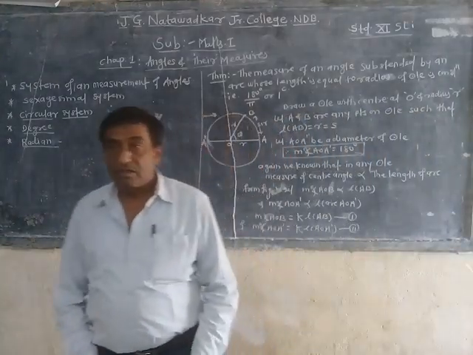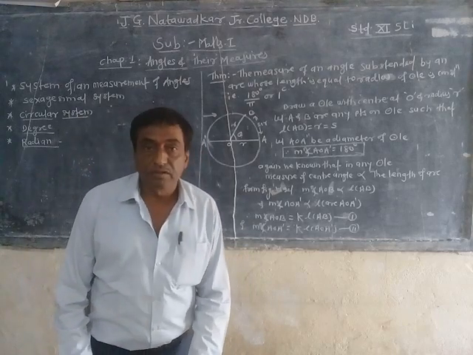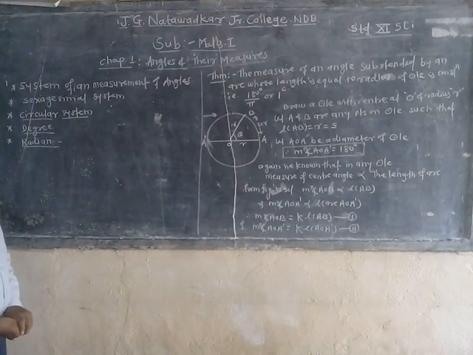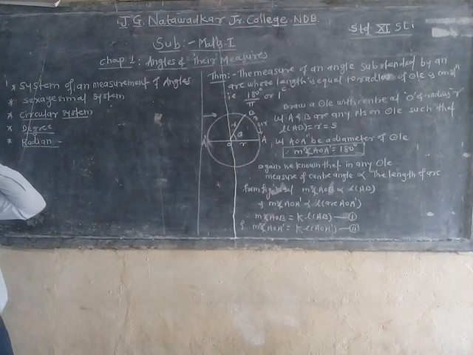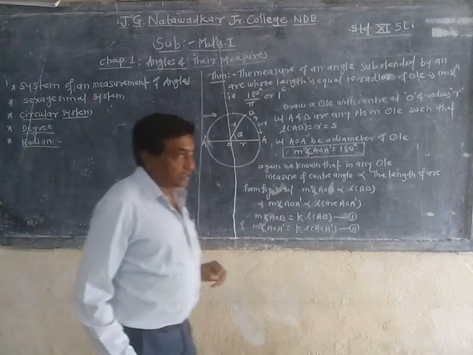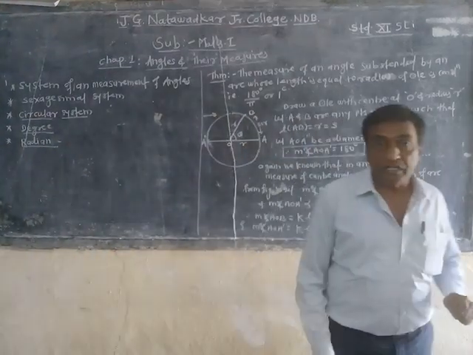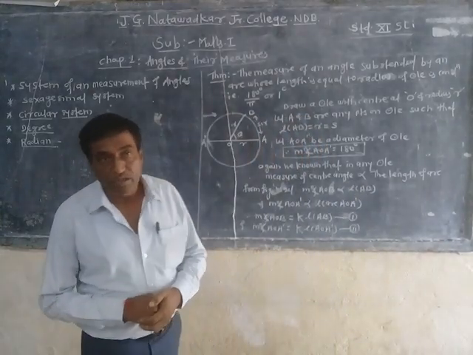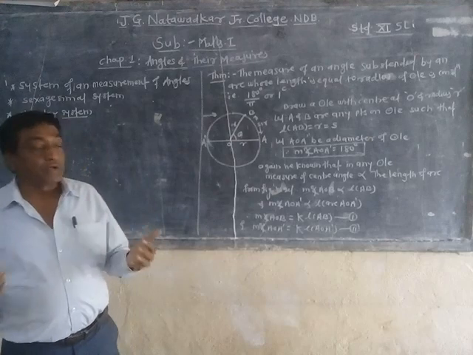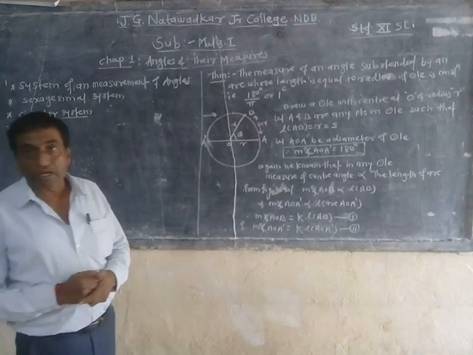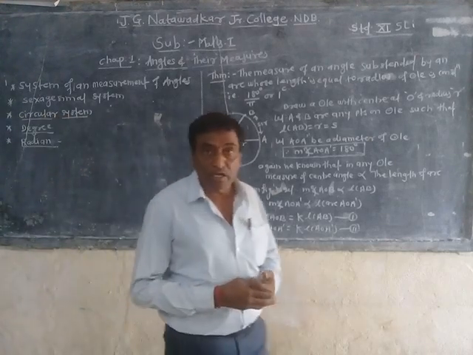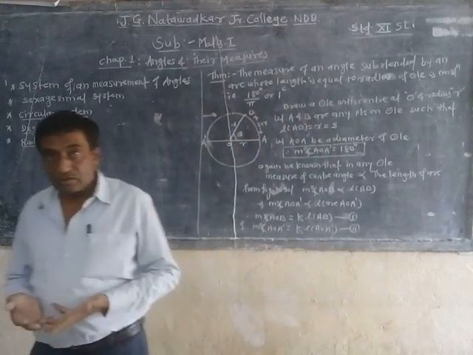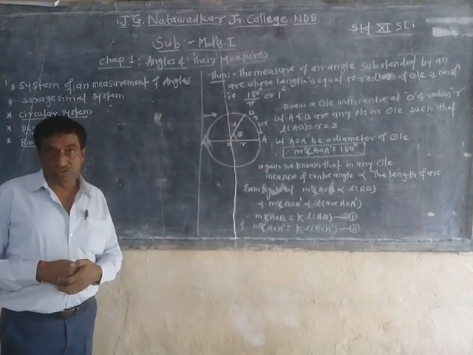Yesterday we started the mathematics part, and the first chapter of that part, that is, the major angle and their measures. Yesterday we saw in this chapter what is meant by a directed angle, its notations, and the types of directed angles: positive angle, negative angle, zero angle, straight angle, quadrantal angle, angle in a quadrant, coterminal angle, and so on.